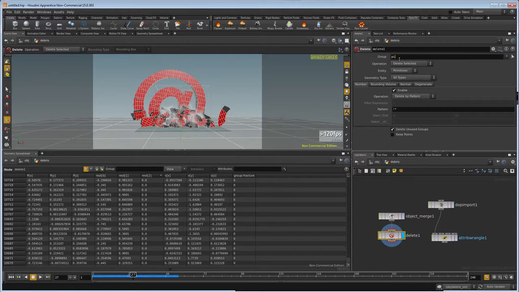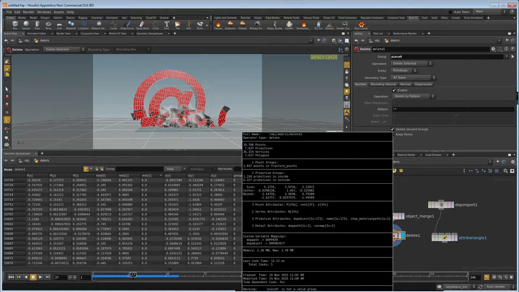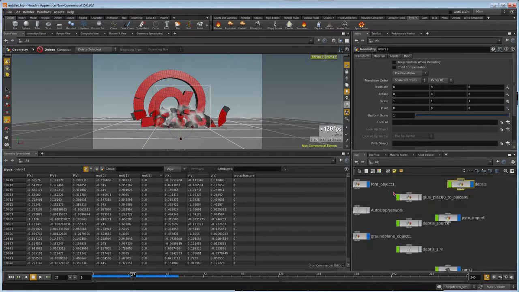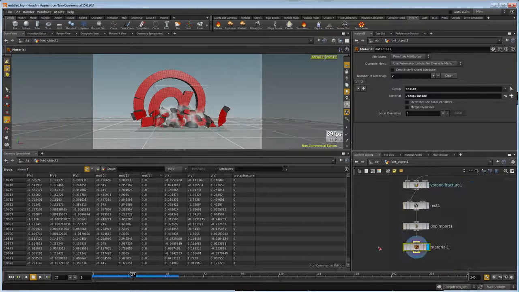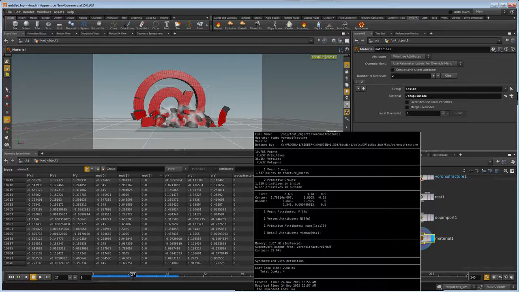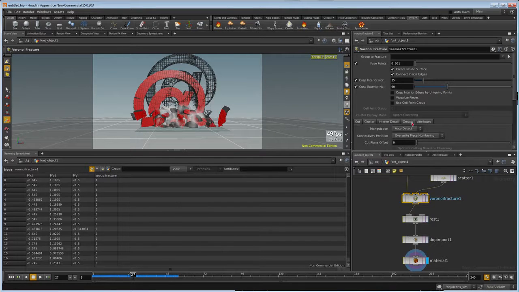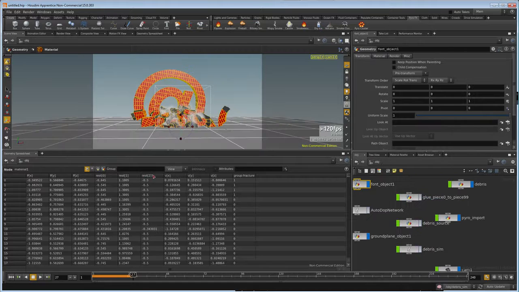So what if we just type, we can't type that yet. Let's just see piece 0. And let's see what it says. Piece 0 is not a valid group. Let's jump back up here into our font object and see what's going on. Did we set that up under group? We did not. So we have to add the group prefix here. And now if we rewind and resim,